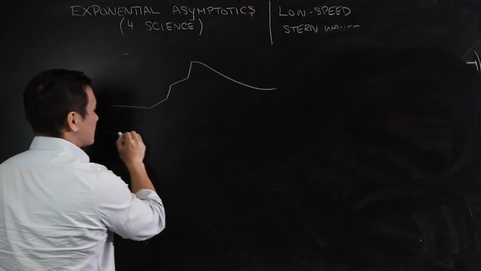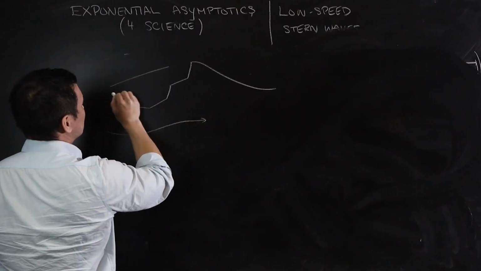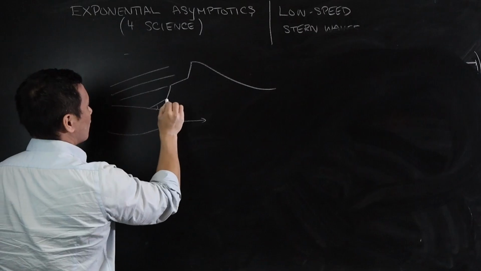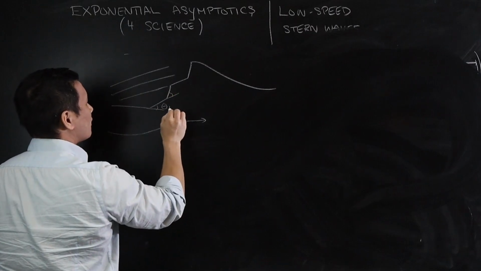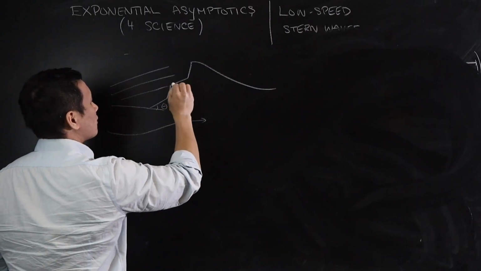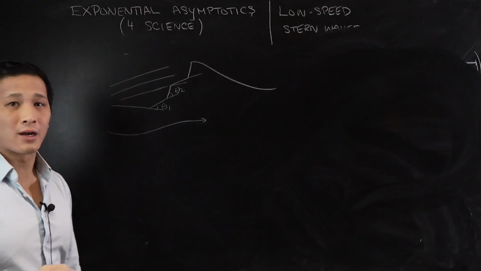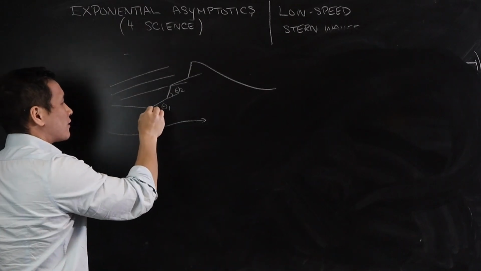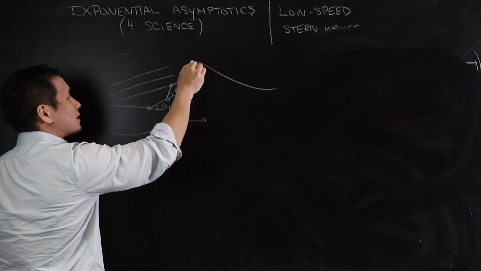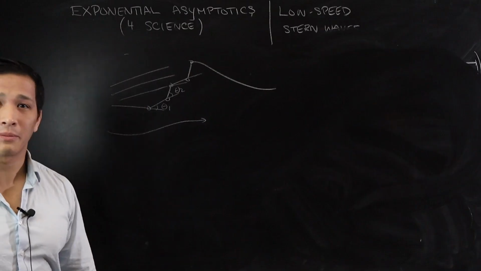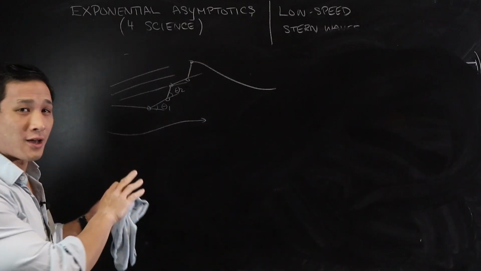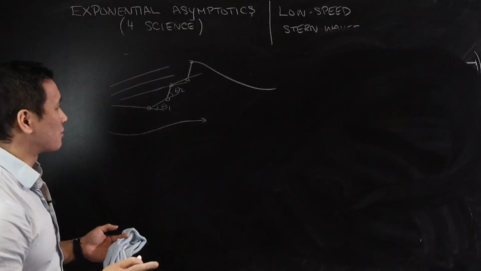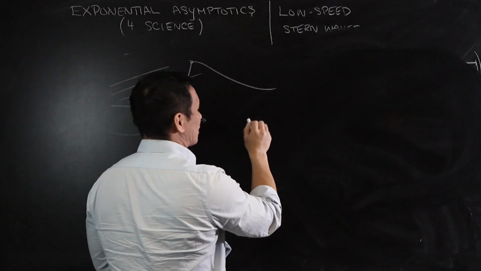So let's study a problem where the flow is going past the ship, where I have different angles, right, which characterize the body of the ship, and there are different singularities along the body of the ship. And if you were to do that, there's nothing that's hard about that problem, you would find that the leading order